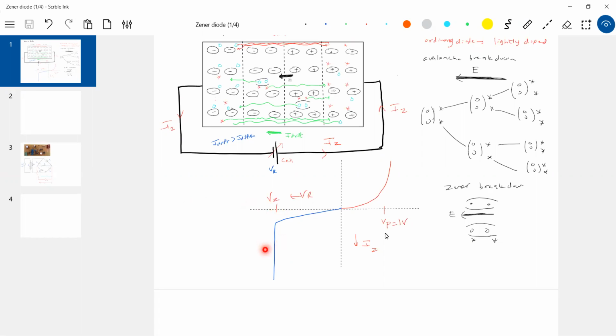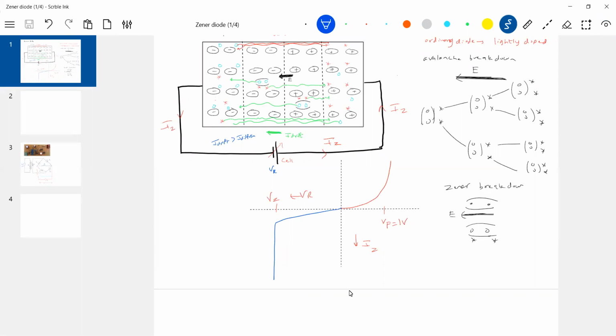What I do, I will go for heat dissipation. If the material is able to cope with the heat generated, the diode will be safe. An ordinary diode will burn out here. Zener diode is operated here only. Okay, fine. What did we achieve from here? Okay, look at this particular curve.